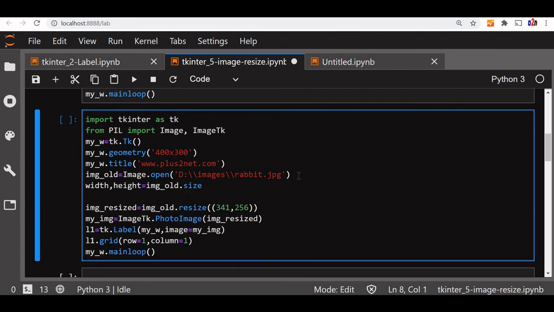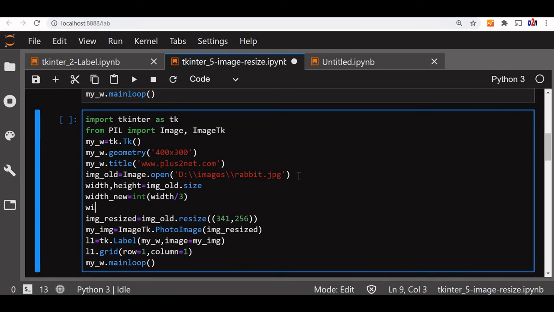Now we stored it in width and height. Now let's say width_new. Width_new we'll use int, then width by 3. The reason is we need an integer value, because width by 3 may give us a float value, we may get an integer also. So we have to convert it into an integer, because while inputting the height and width to our resize method, we have to use integers only.